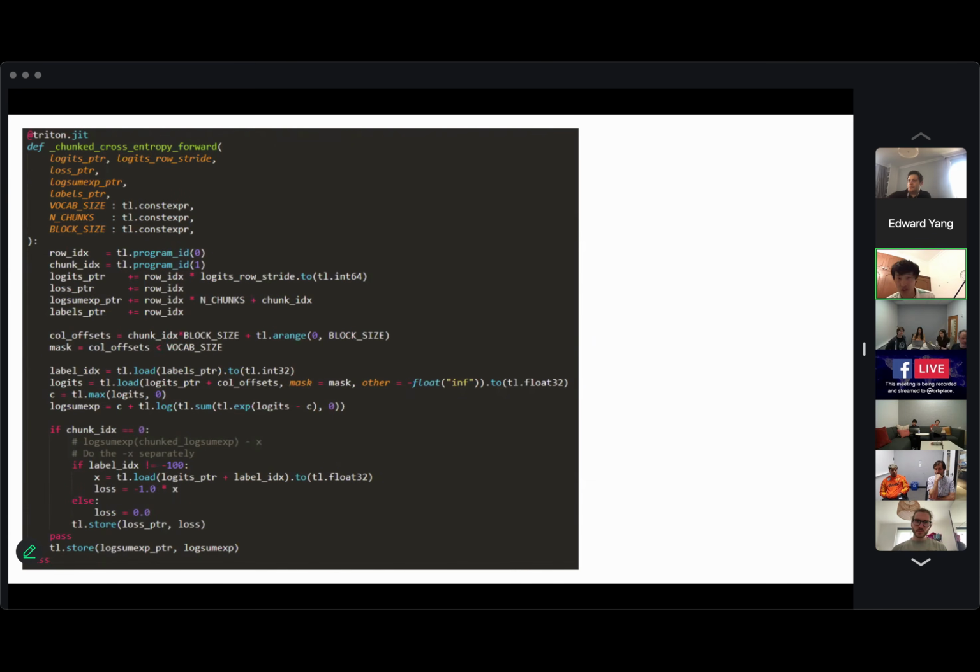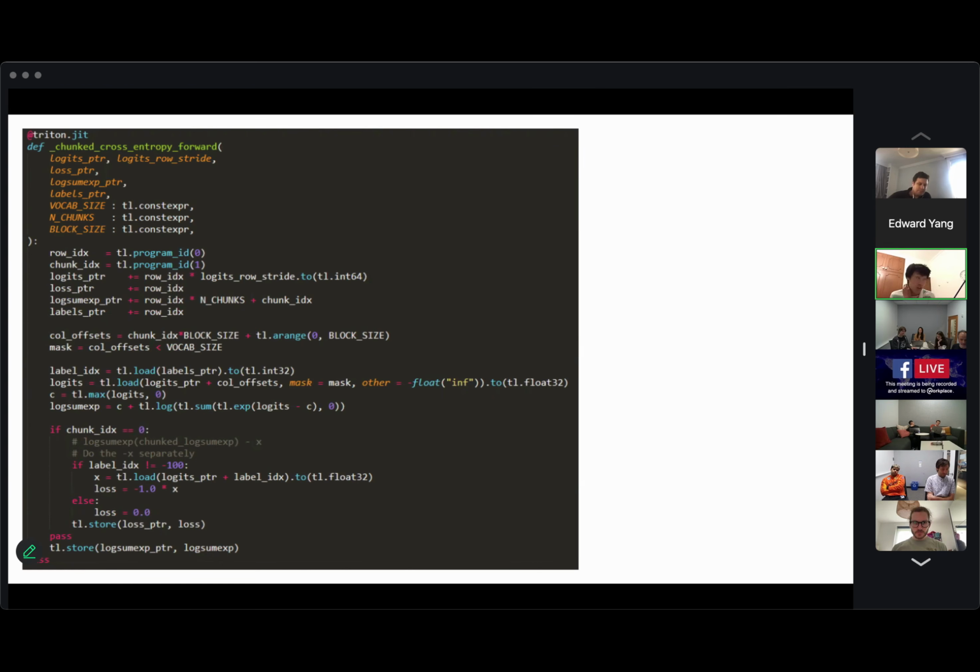Also, one of the issues we found was, I think Gemma was the first serious open source model which increased the vocabulary size from 32,000 to over the maximum CUDA block size, right? The max CUDA block size is 2 to the power of 16, so 65536. And the biggest issue was Gemma had a very large vocabulary size. And so all our kernels kind of broke because we did not support larger than 65536 vocabulary size for the